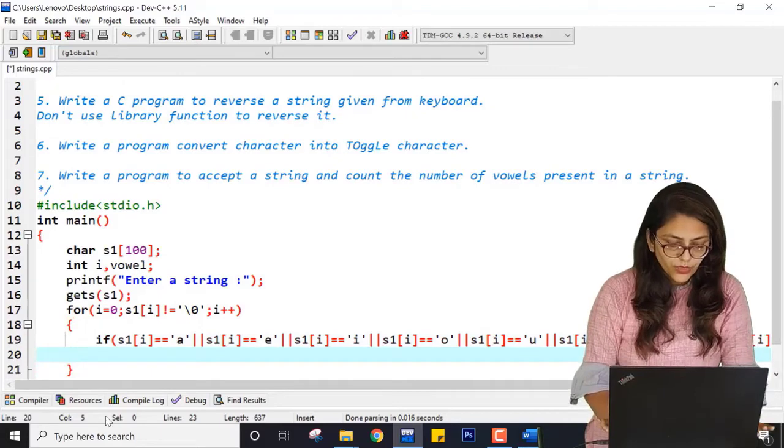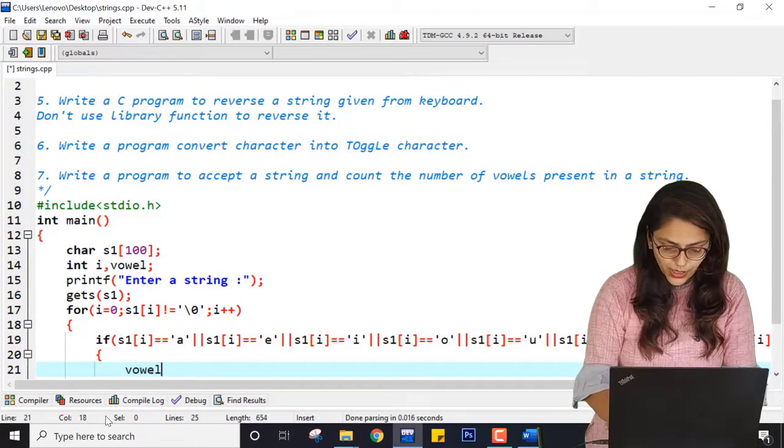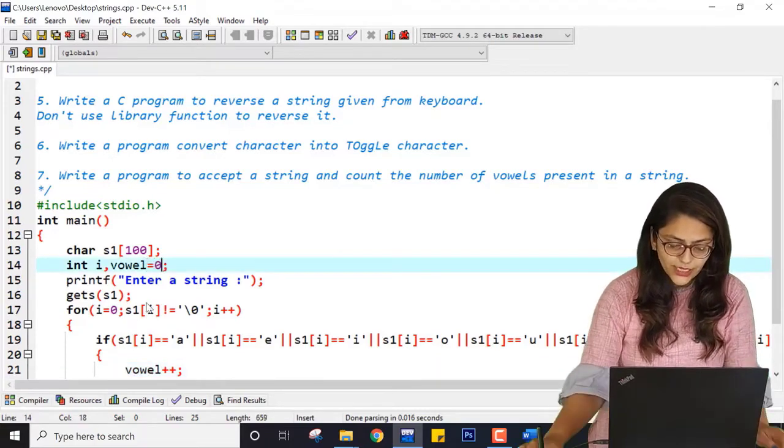So here inside the braces I am doing vowel plus plus. To do this I have to initialize vowel as 0.